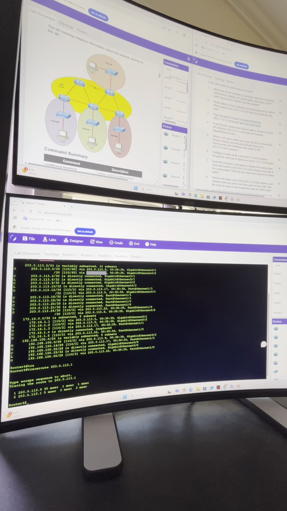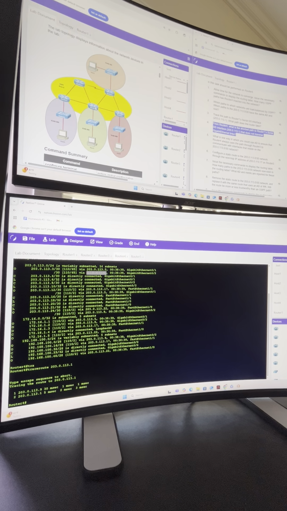Okay, so on number 4, it says from router 4, what is the shortest path to router 1 serial 0/0 interface, which has an IP address of 203.0.113.1, that does not traverse a gigabit Ethernet link? So if we take a look at our lab topology, we can see if we're looking at router 4, which is right here,